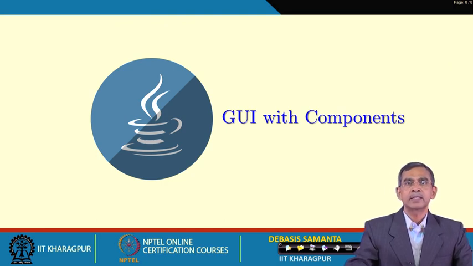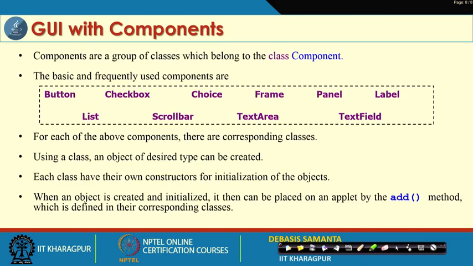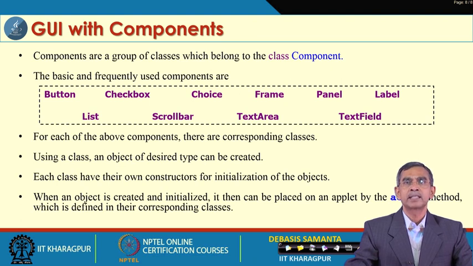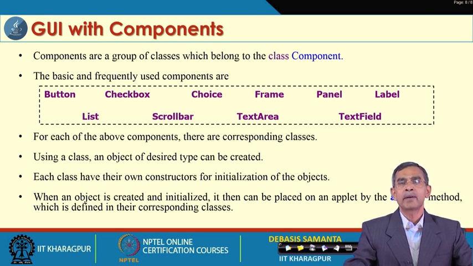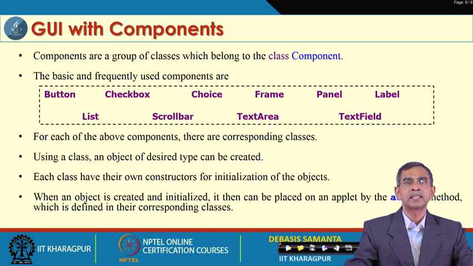Now, I will just discuss GUI development using the component that is in AWT. Component is itself a class in AWT, and it has many subclasses like button, checkbox, choice, frame, panel, label, list, scroll bar, text area, text field, which I have included here. By the name itself, it means what exactly each component element can do for us. We are probably familiar with the button. If you want to create a button as a graphical user interface in your application, then you have to use this class. Like button, there are many other graphical user interface elements.